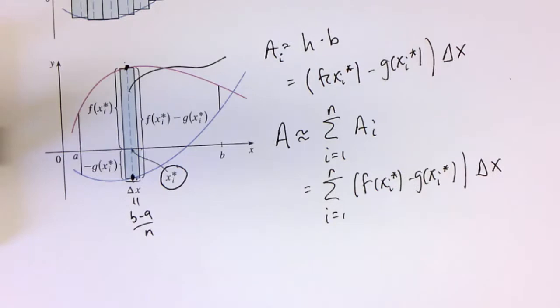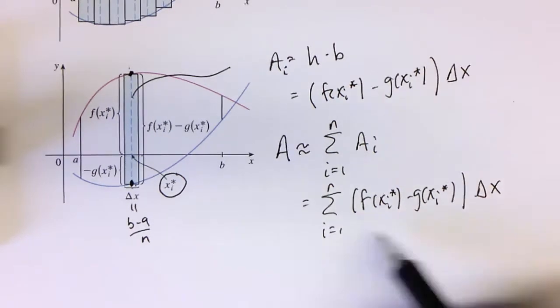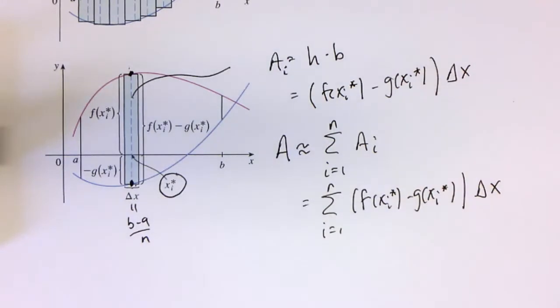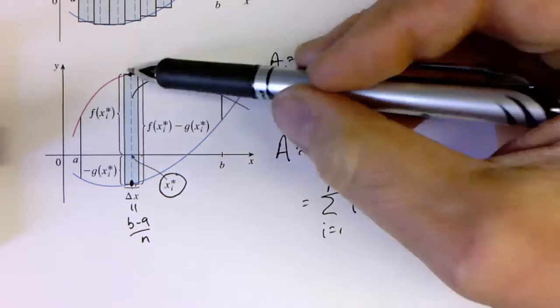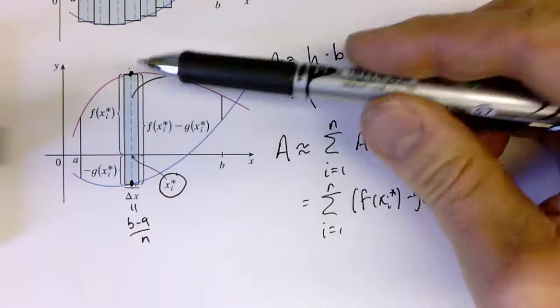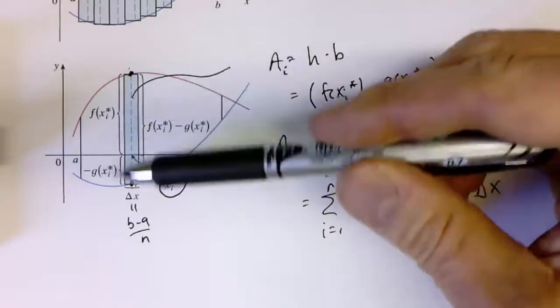So that should give us the approximate area. And if you actually had to work out one of these, you could use midpoints, you could use left endpoints, right endpoints, the same as we've done in the past. The only difference here is what we're doing is adding up the height times the width. Instead of just a single function value, to get the height, we're going to take the difference of two function